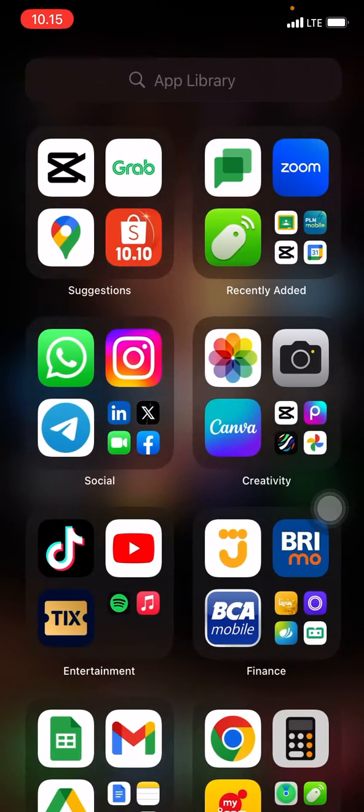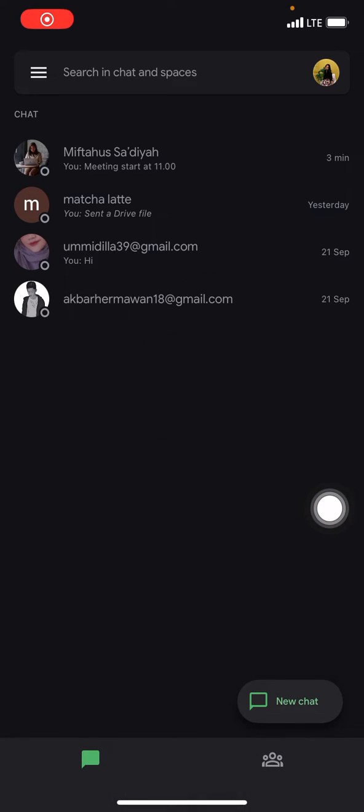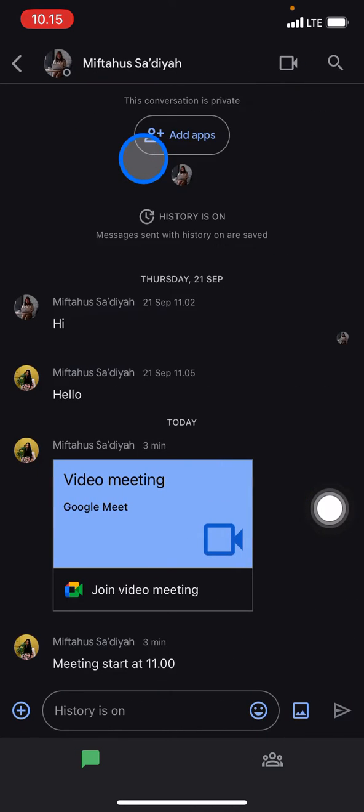So the first thing we have to do, of course, is open the Google Chat application. Okay, and after that just wait, and now you just need to decide who you want to call in Google Chat. For example, you want to call your friends here, and after that just open the room